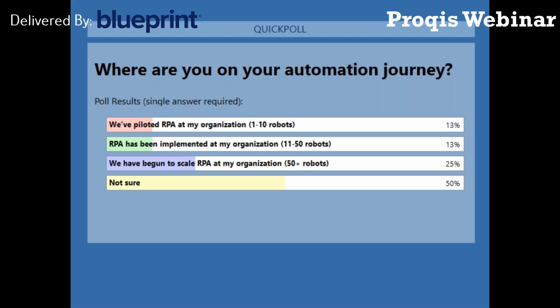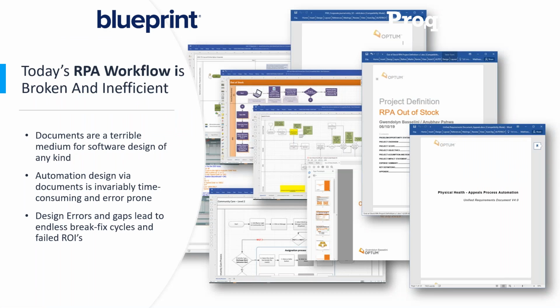So where does this take us? Well, while RPA is unquestionably helping many organizations drive digital transformation, in too many cases, customers are struggling to scale their programs. They're at that scaling point, and they're trying to really get that scale going, and to achieve ultimately